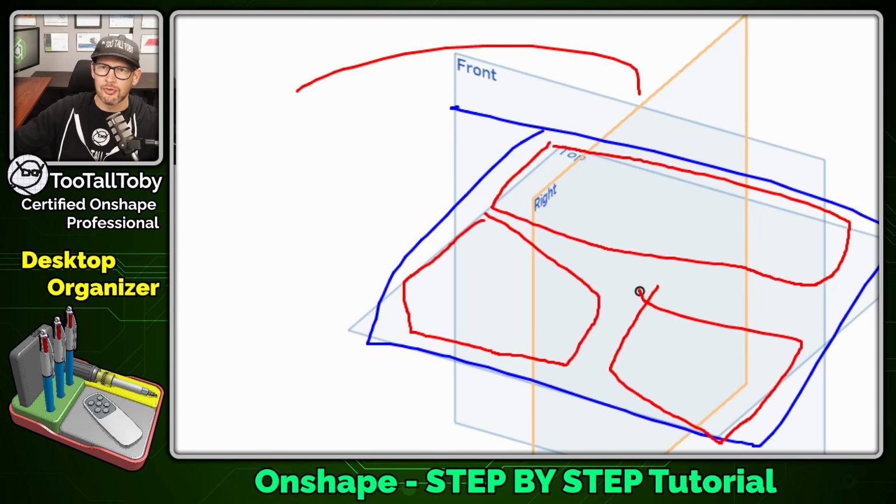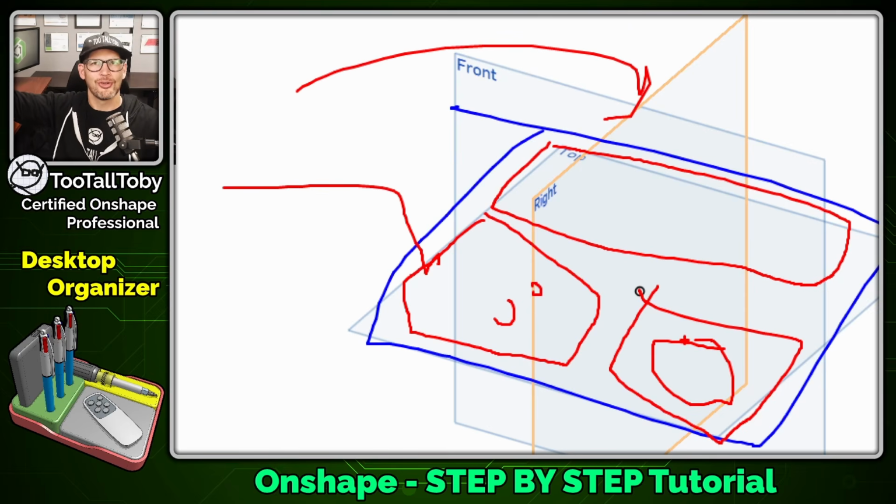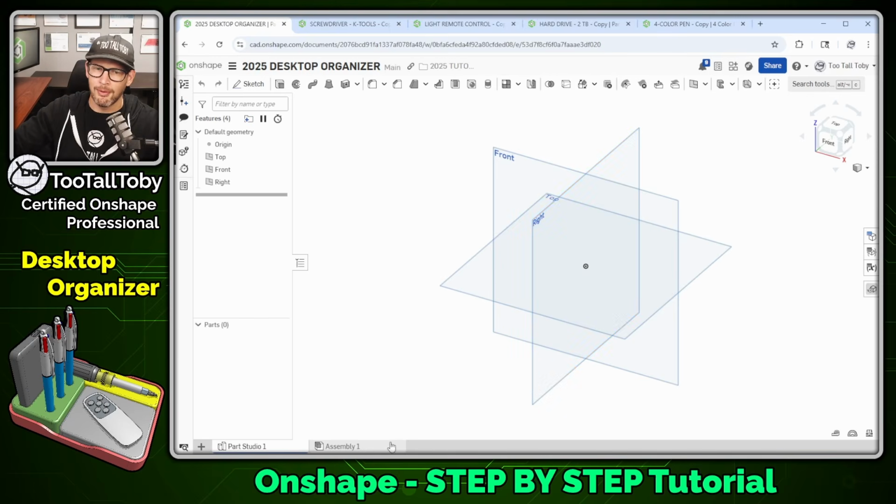We're going to add in the screwdriver. We're going to add in the hard drive, the 4-color pens, and the remote here. We're going to add in those parts from an external source. And maybe that's something you haven't done before. Maybe you've only ever worked with parts that are in the current document. So maybe this will be something new for you. But before we can get to any of those steps, let's start out by creating that main red